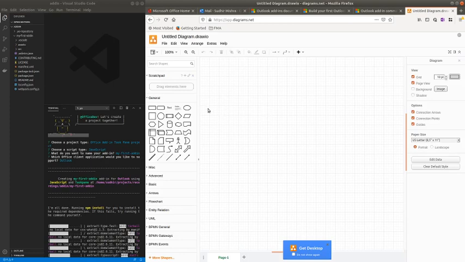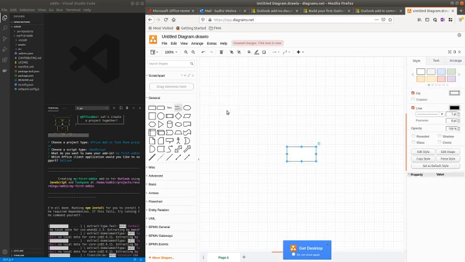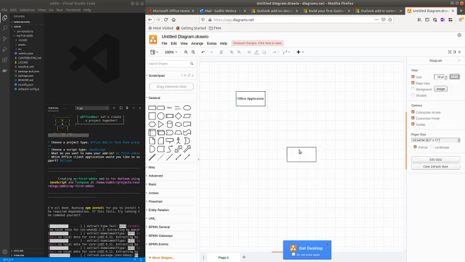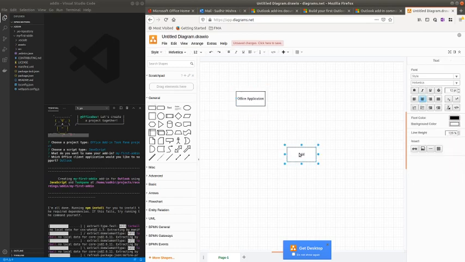What actually happens is you have your Office application. Then you have your custom third-party add-in. So this is what we are